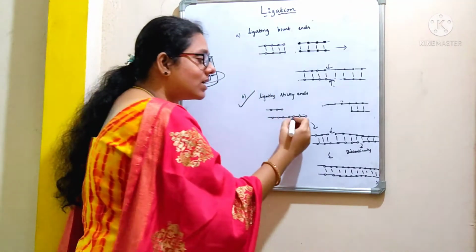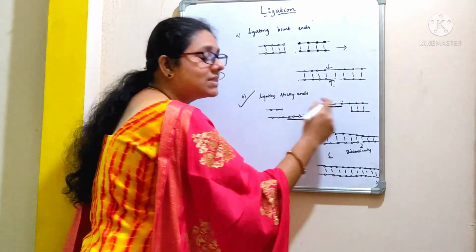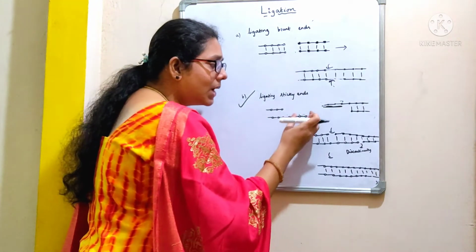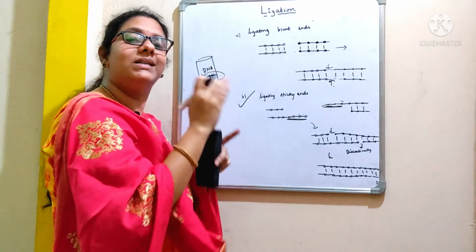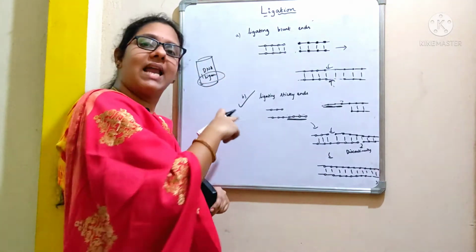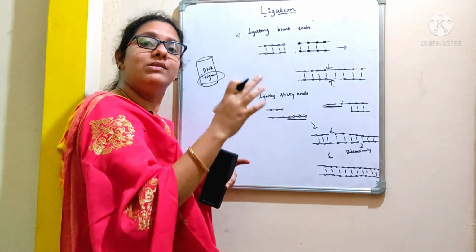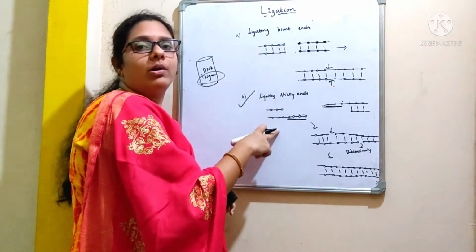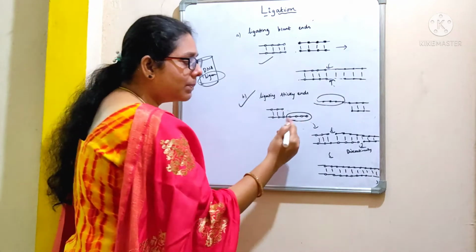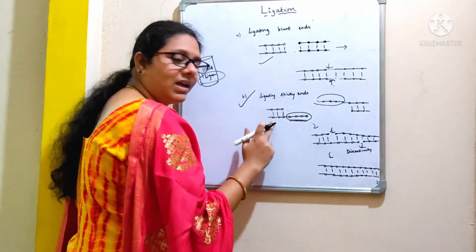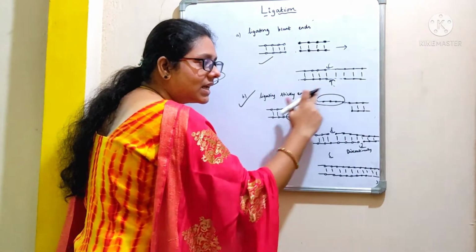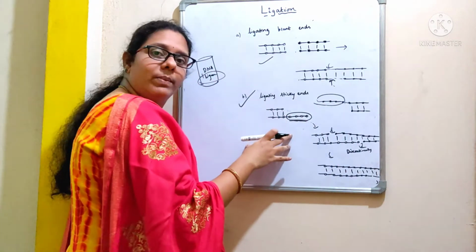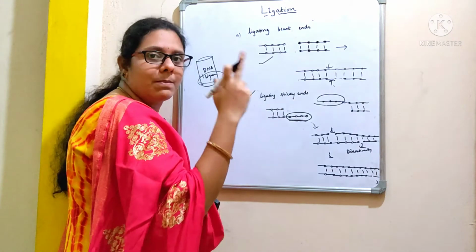This is because compatible sticky ends can base pair with each other by forming hydrogen bonds. When they both base pair with each other, they form a stable structure. Then this ligase will come into action, and it is going to join the discontinuities that have been formed after the formation of the stable structure. So look at the picture. This is the sticky end of one DNA molecule, and this is the sticky end of another DNA molecule. Now both these DNA molecules are to be joined together with the help of enzyme ligase.